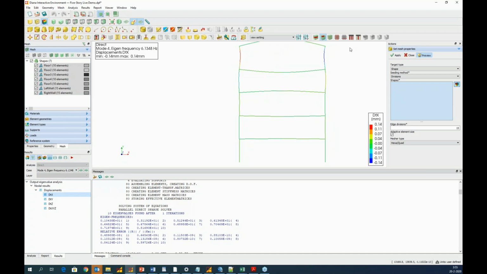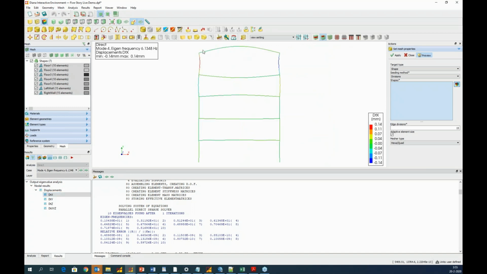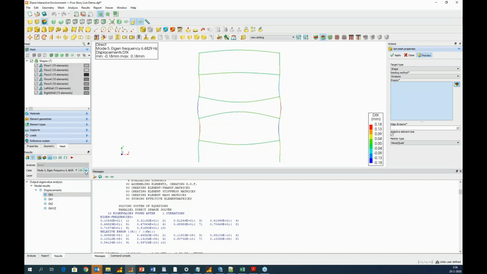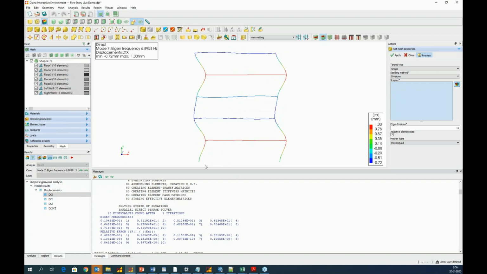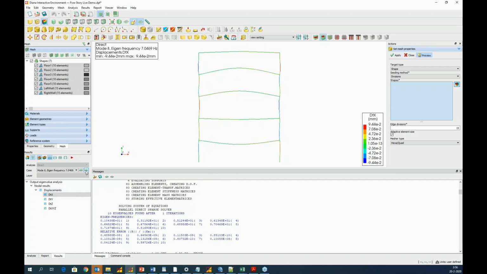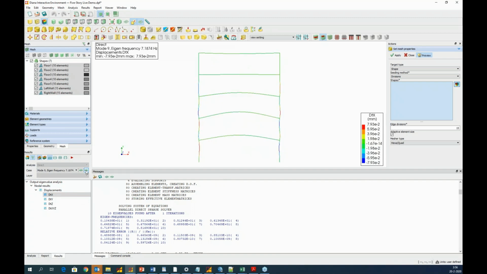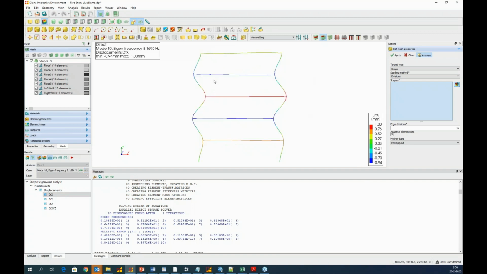For mode 4, you can see that the floor deformations are dominating. The same with 5, 6. 7 is a mode where wall deformations are dominating. 8 is, let's call it, dominated by floor deformation. The same for 9. And 10 is a mode where the wall deformations are dominating.